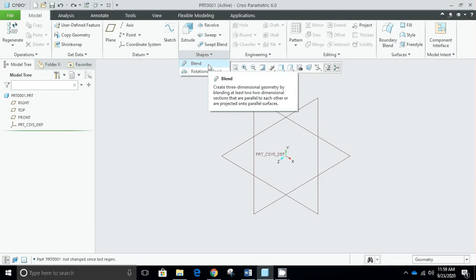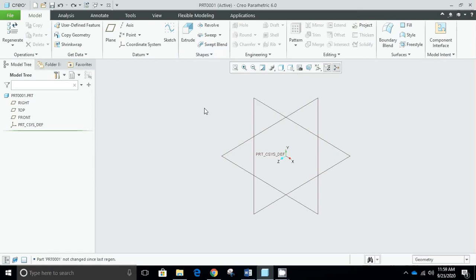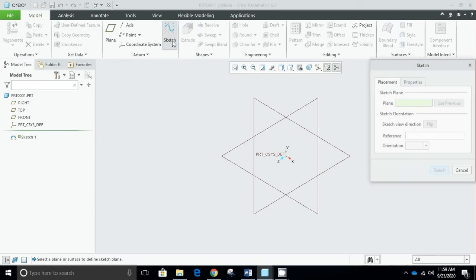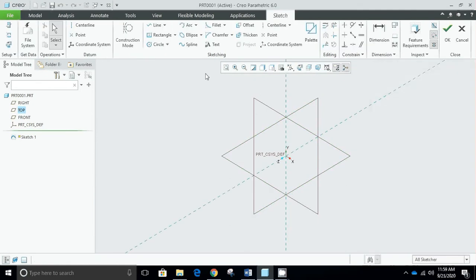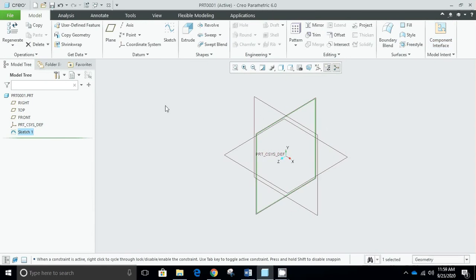But in this video we will be learning how to use a new feature, which is this blend feature. In order to use this blend feature, we need to create sketches or sections. For example, if I select a sketch and select this plane and start my sketch, a center rectangle from this point to this point, and press OK. So this is my first sketch